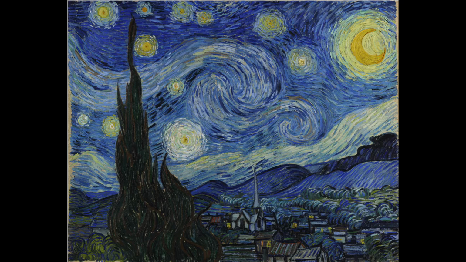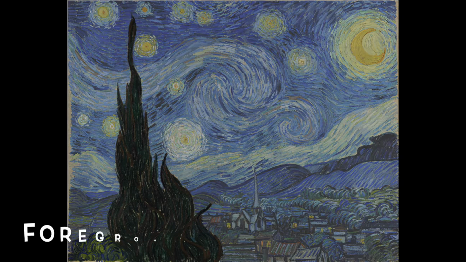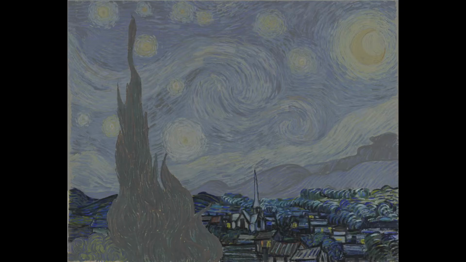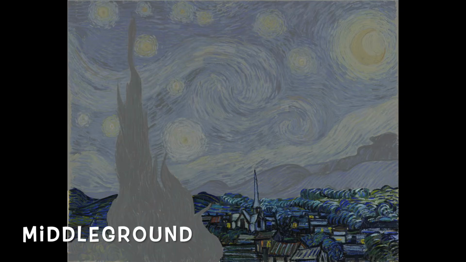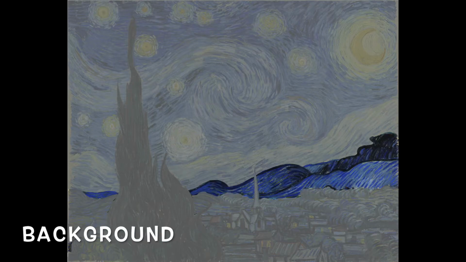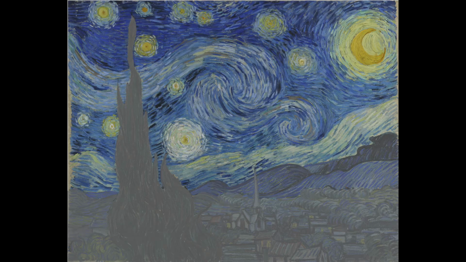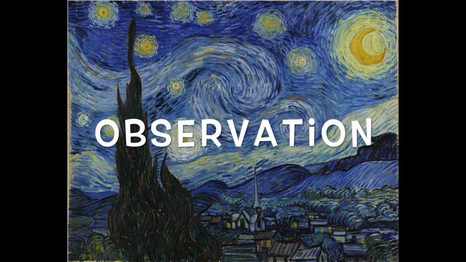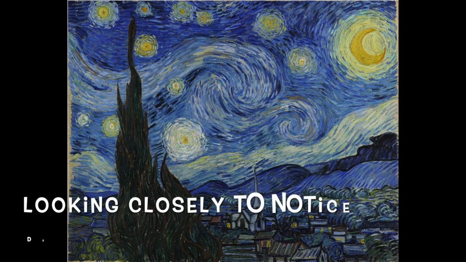We can think of a landscape in sections. The foreground, things that are closest to us. The middle ground, things that are a medium distance away. The background, where things are farthest away. And the sky. Let's use this painting to help us develop our powers of observation, looking closely to notice details